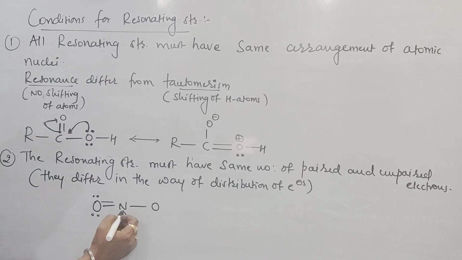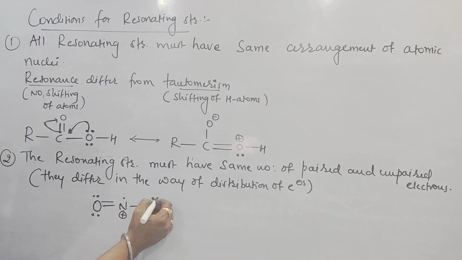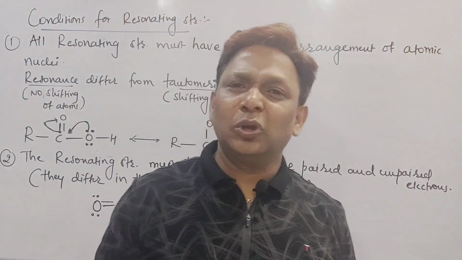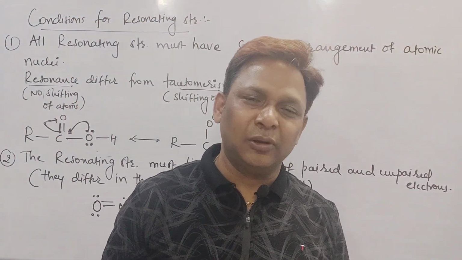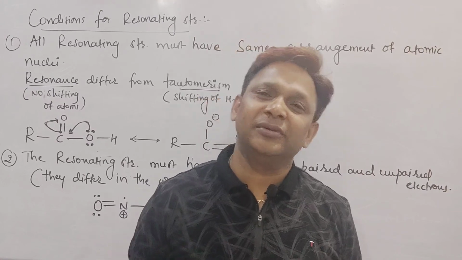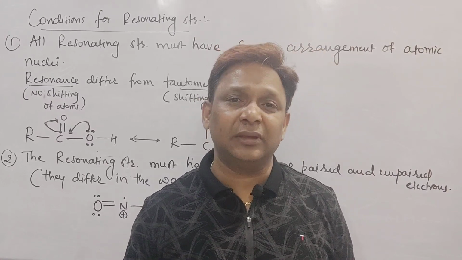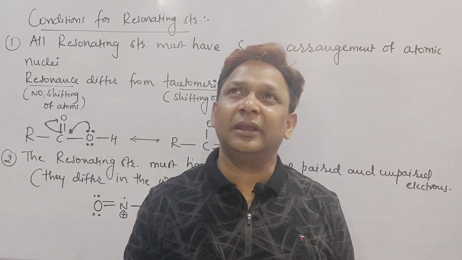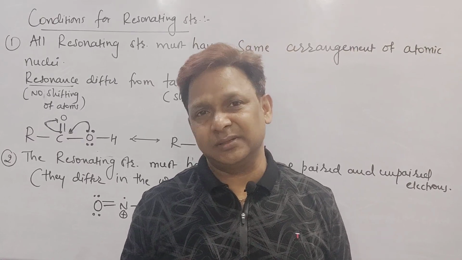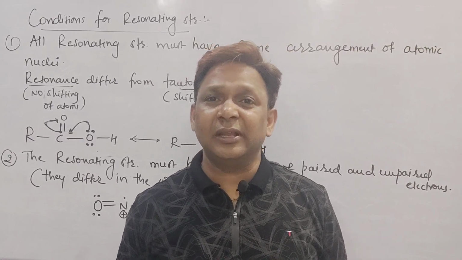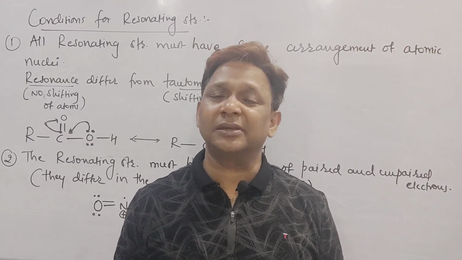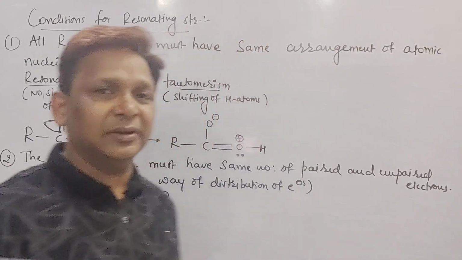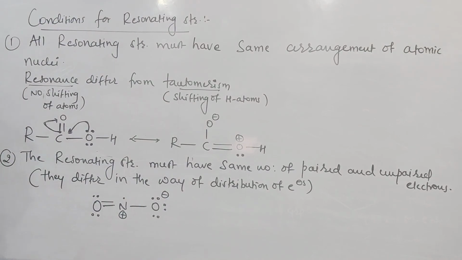If you draw it, I will get one positive charge here. I will get one unpaired electron here. And this oxygen has three lone pairs, and this is a negative charge. This is NO2. If you want to know how to draw the Lewis structures of any molecule or species, you can check my video in chemical bonding. There I have given a video on Lewis structures, how to draw the Lewis structure for any species like ozone, NO2 minus, NO3 plus and all. So one of the structures was drawn here.